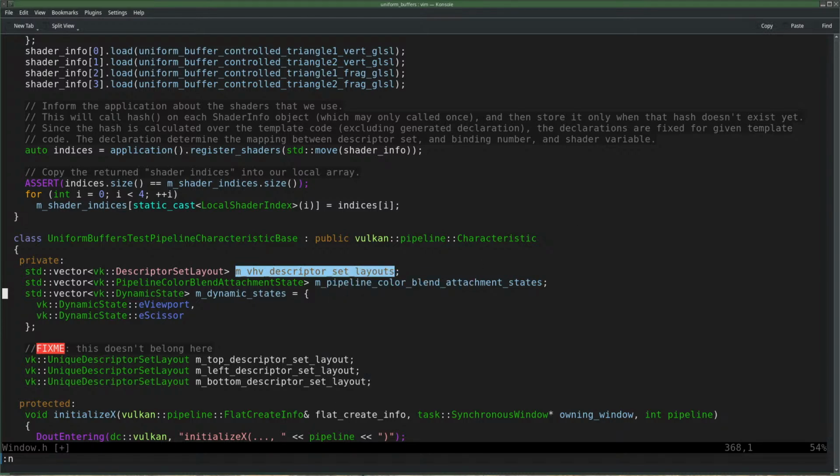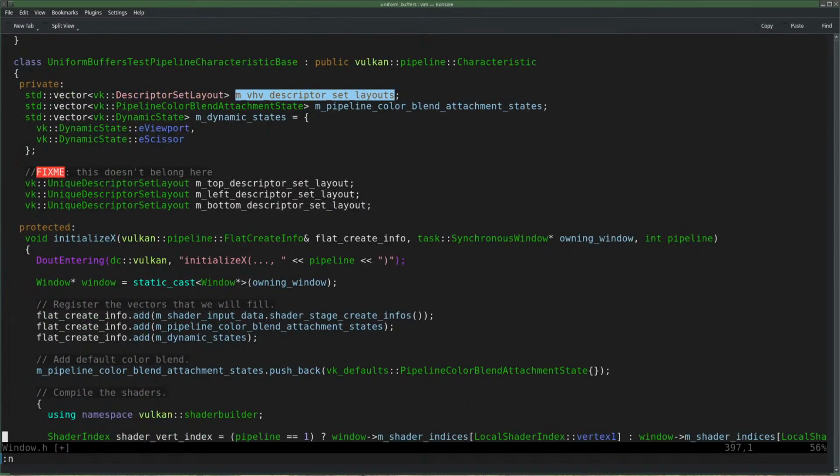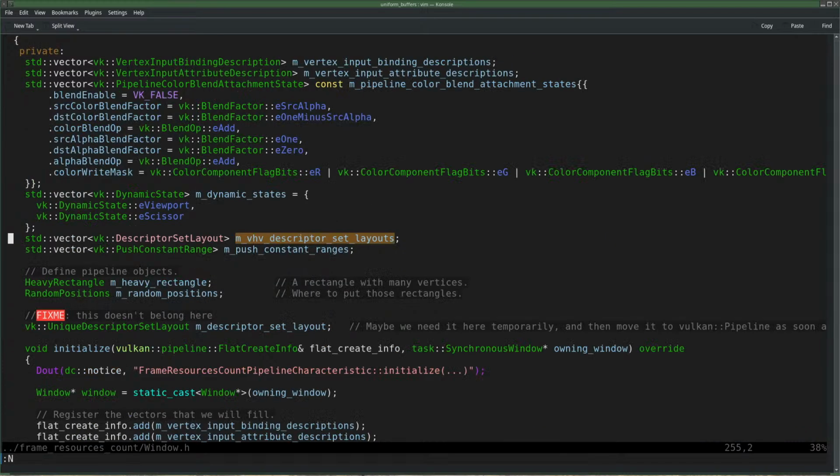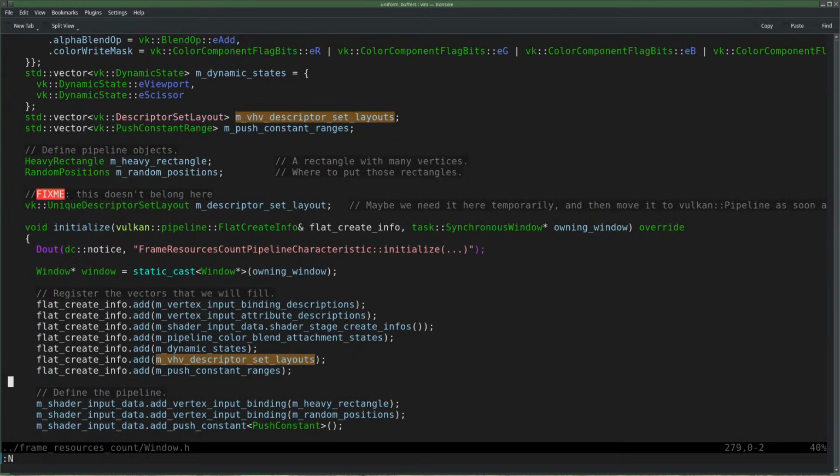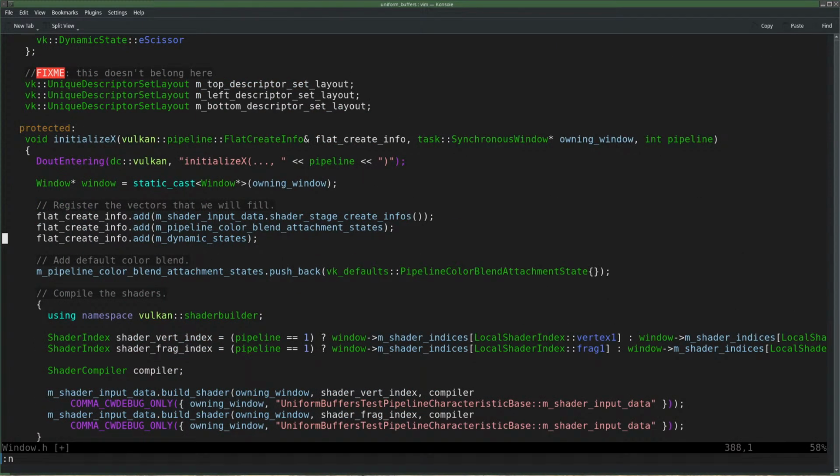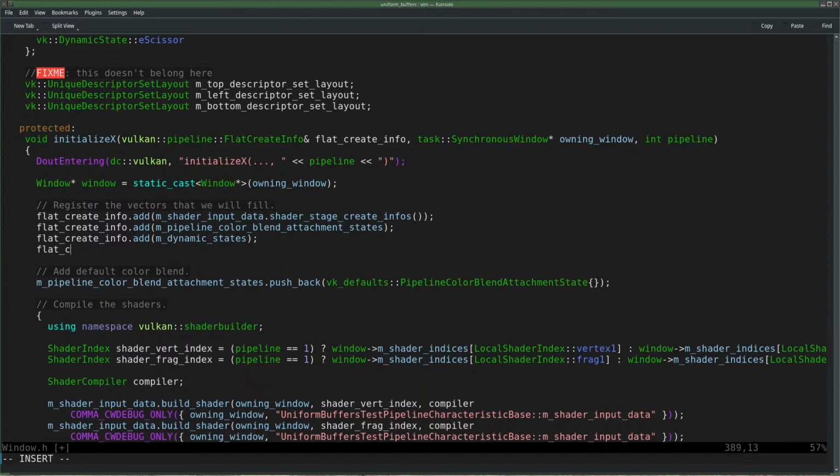And then we have to say that we're going to add it. I want to keep the order the same, to be honest. That one is below dynamic states. Okay, let's put it below dynamic states then. Flat create info add.